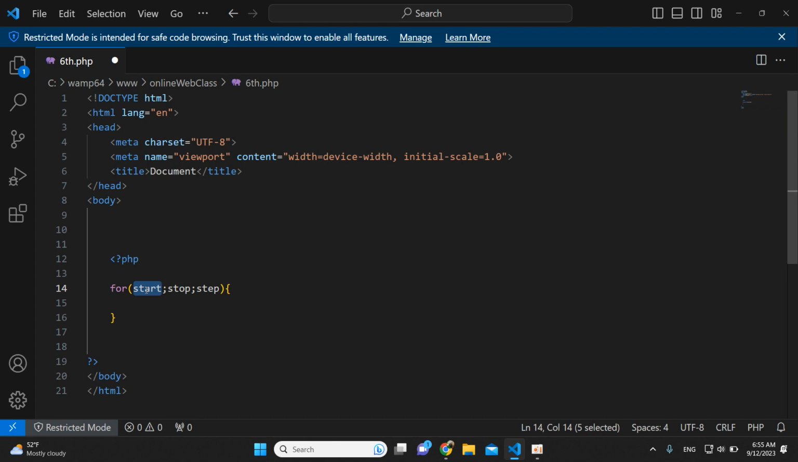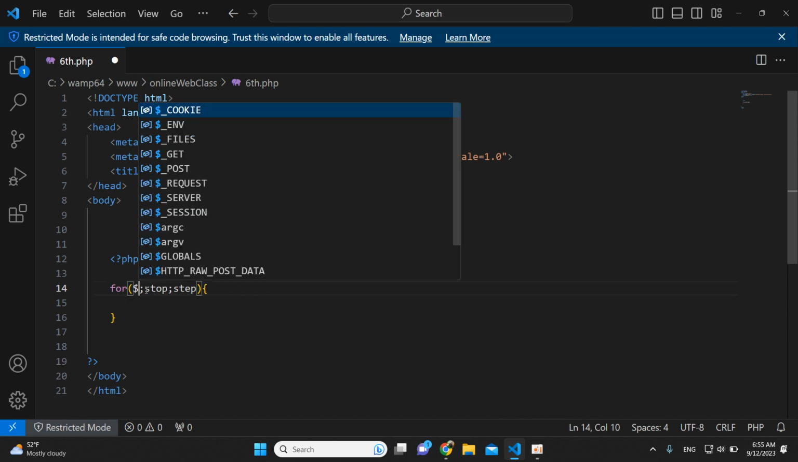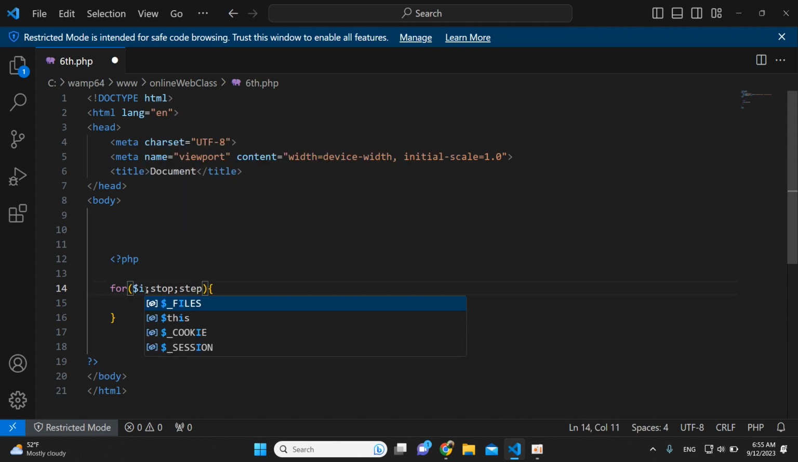We can start from anything. So it is the starting of the counting, or we call it initialization. Since we are counting, we initialize a counter variable. The PHP key variable we can say $i, and then we initialize it with the value that we want to